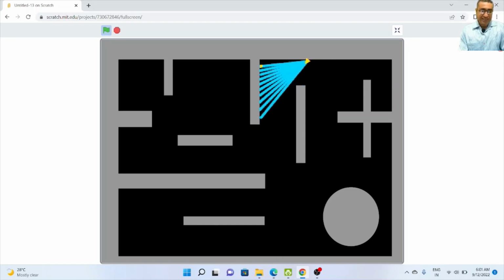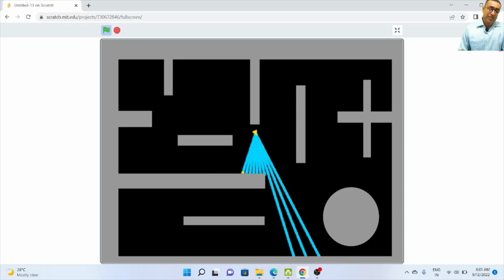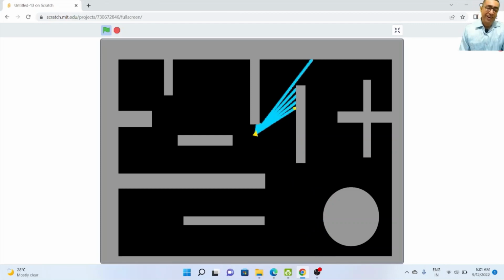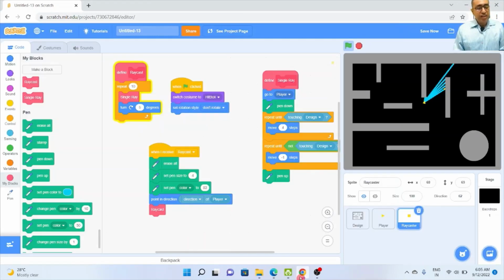This is how I move it. This is wonderful. That's great, this looks so beautiful, right? If we want to increase the number of rays, it's like looking like a concert, right? So if you want to increase the number of rays,